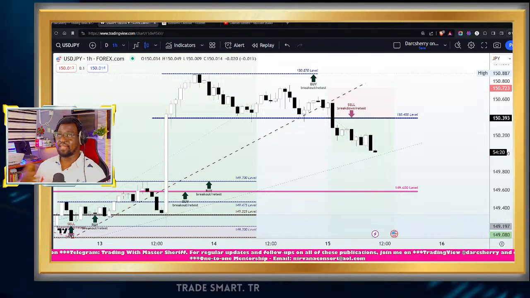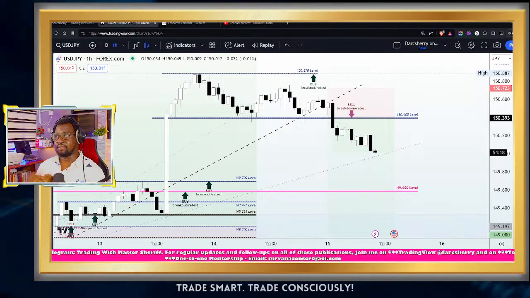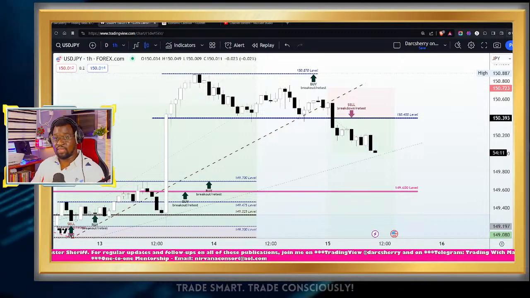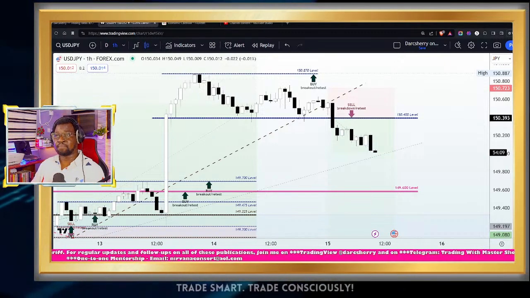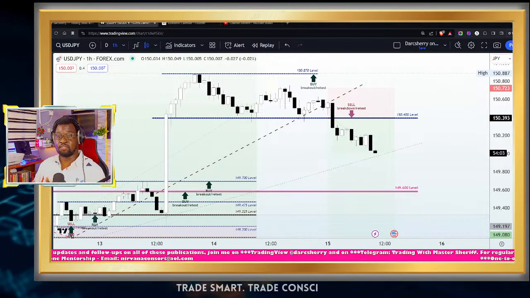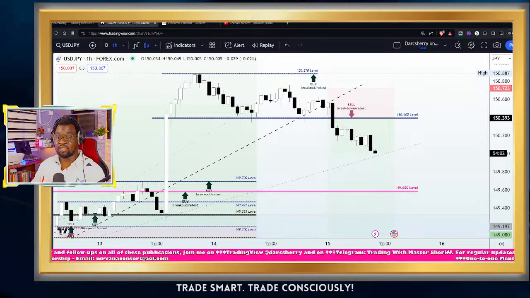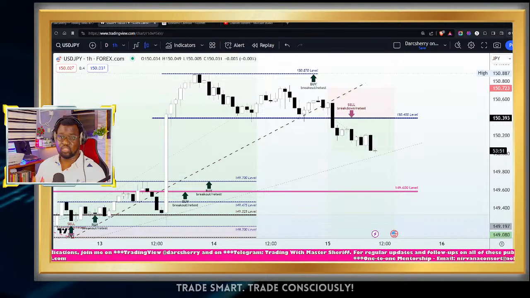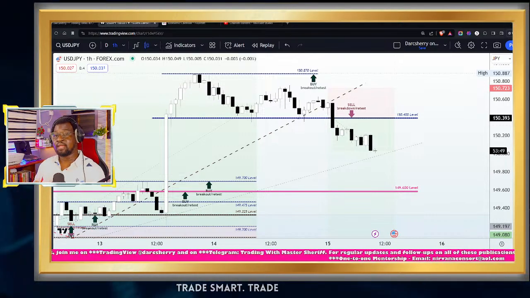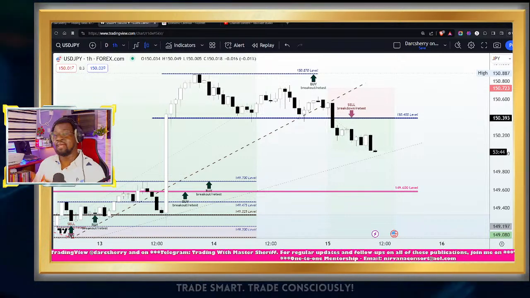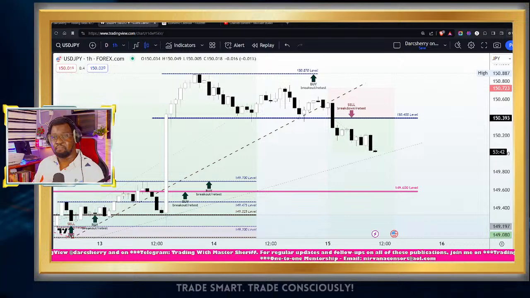If we look at the fundamental perspective, I remember telling you a couple of weeks ago, following the hawkish remarks by the Bank of Japan governor Ueda, when he mentioned that the possibility of the Bank of Japan pivoting from their current ultra loose monetary policy is becoming more visible as inflation gradually rises between the months of March and April, giving buyers of safe haven Japanese yen a glimmer of hope